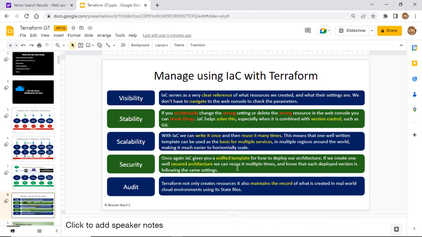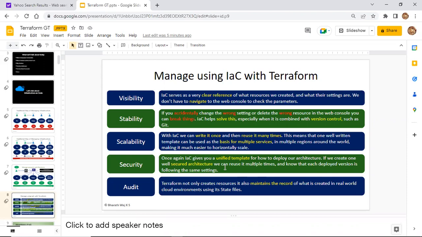We have a unified template, one good working template, which will be used across the different environments, which implements better security. Why? Because we are not changing the code for every environment. We are maintaining the same code.